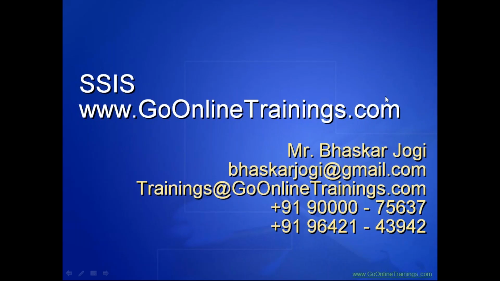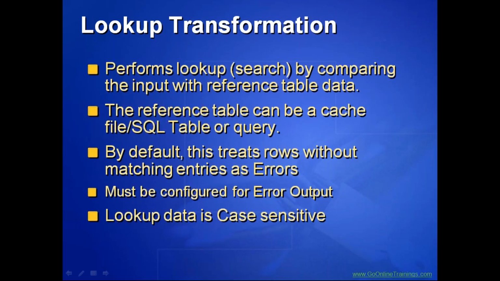So yesterday we were talking about lookup transformation, right? Lookup is going to be performing searching operation, comparing the input with the reference table data. The reference table can be a cache file or SQL table or a query. By default, the rows without matching entries are treated as errors and must be configured for error output. Lookup data is case sensitive. All these points we discussed, and I also clearly explained the difference between joins as well as the lookup